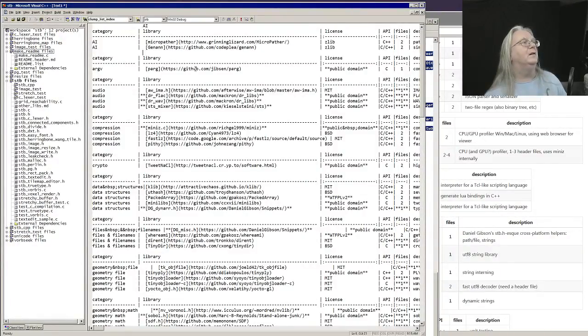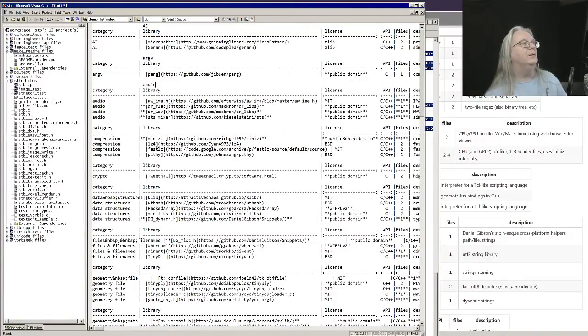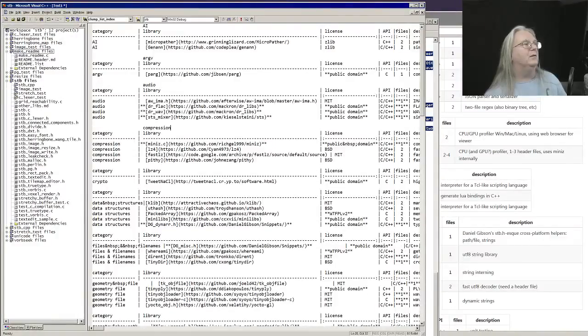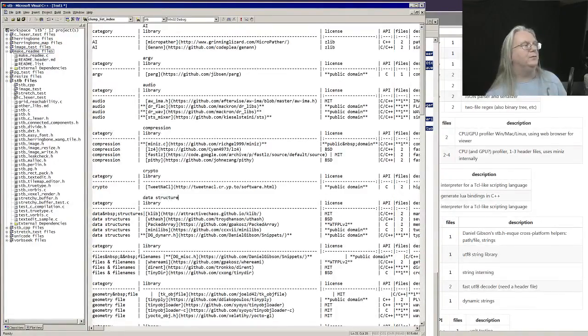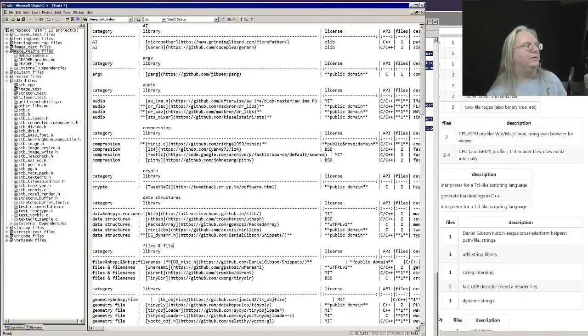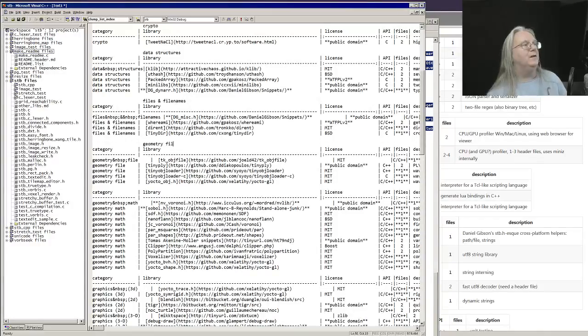AI RGB, audio, compression, crypto, data structures, files and file names, geometry file,